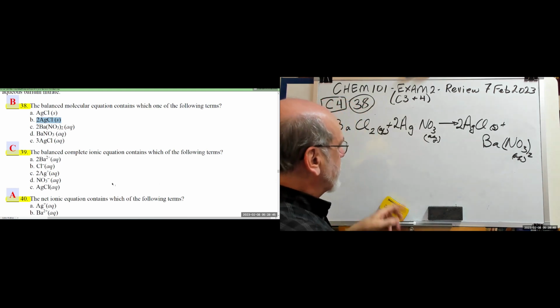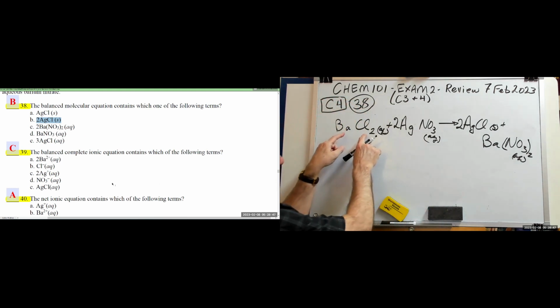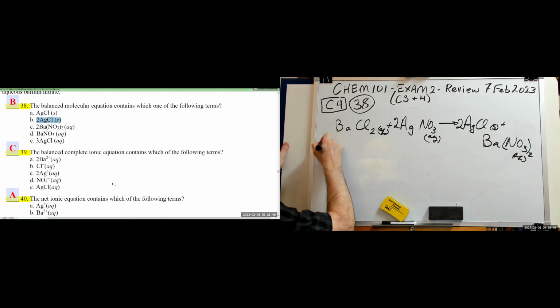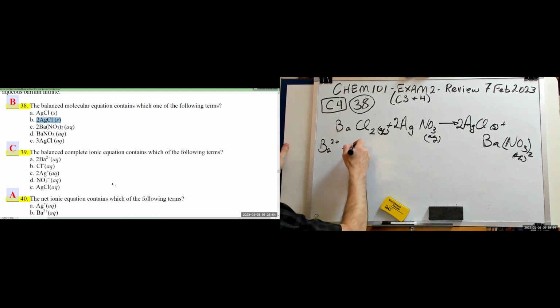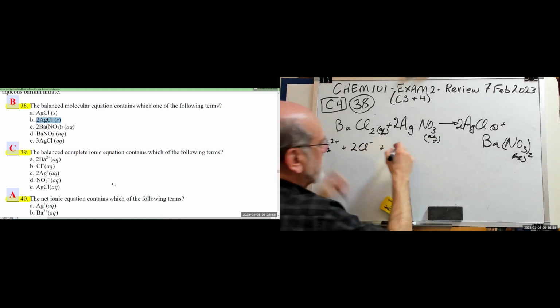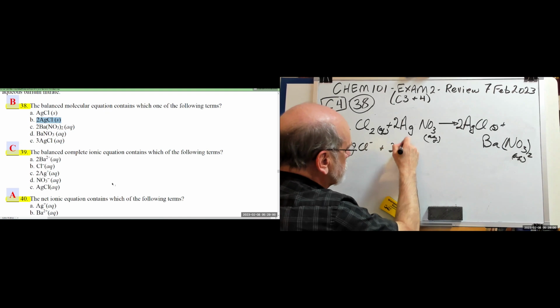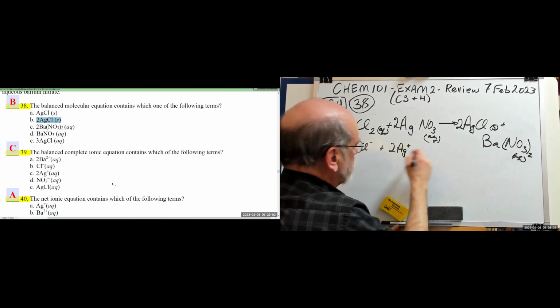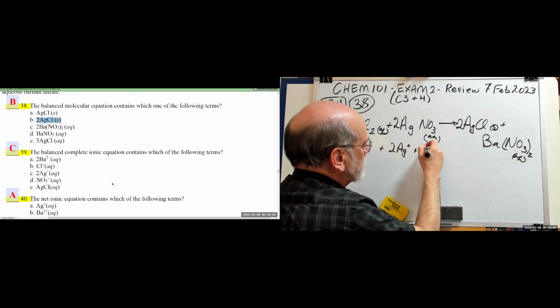Okay, so now these are individual ions. Barium, 2 plus, 2 chlorides. We have 2 silver, and these are all aqueous, and 2